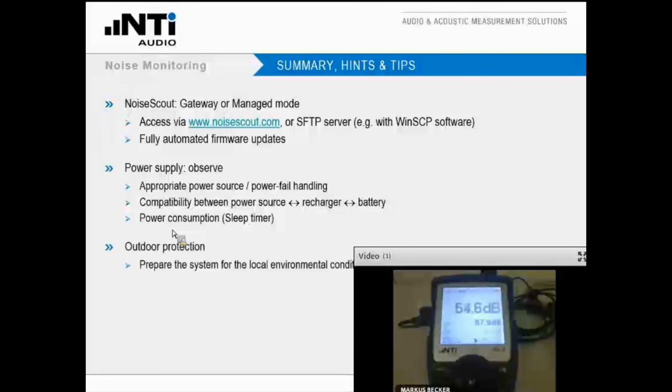It is quite obvious that when you set up a system in the field, it shall be prepared appropriately for the environmental conditions, be it heat, strong wind, rain, whatever. I showed you the parameters that need to be observed. And last but not least, if you have any special requirements, just giving you an example, could be the time synchronization of your system, we can do that. We have implemented such features already for customers. So if you need anything special, please let us know. We are always happy to learn about your demands and implement them whenever possible.